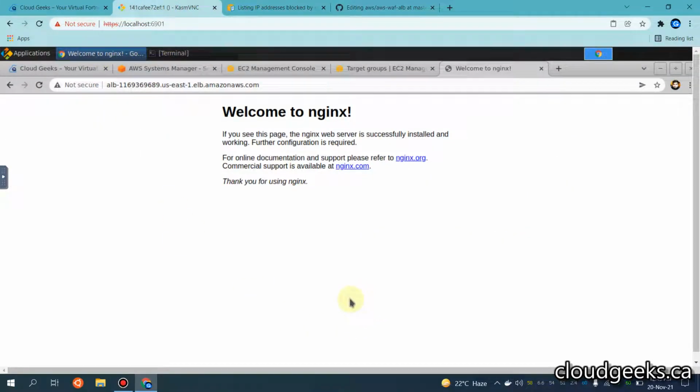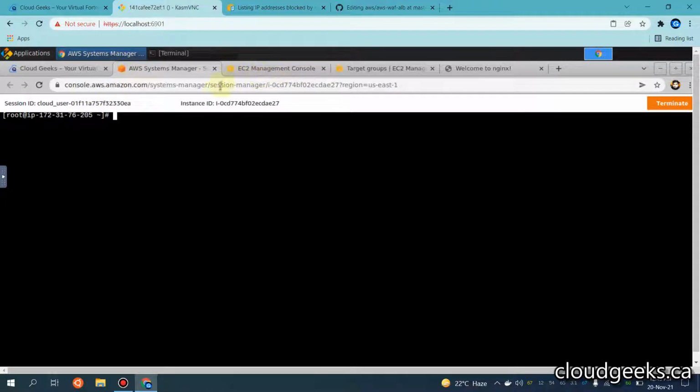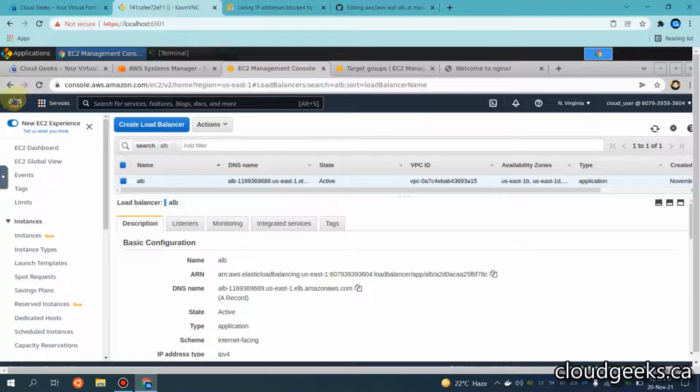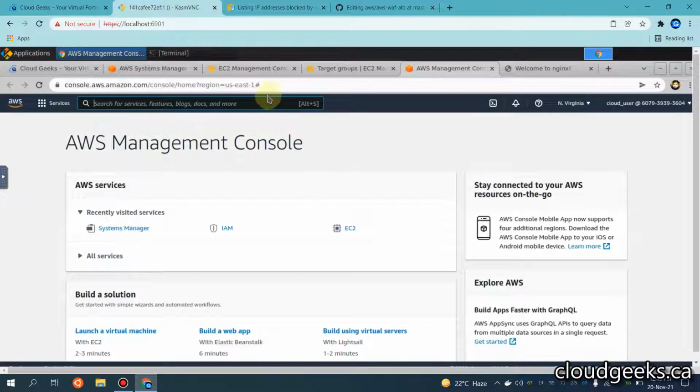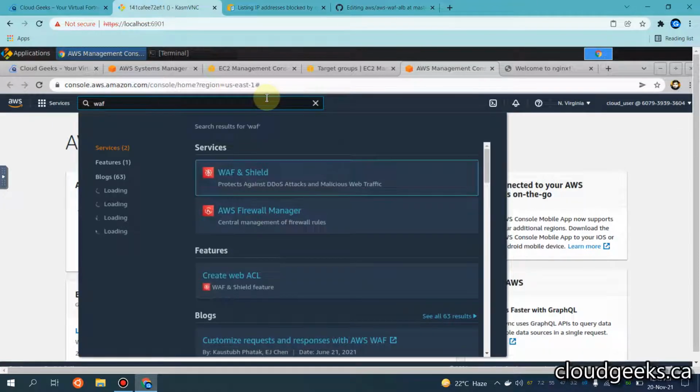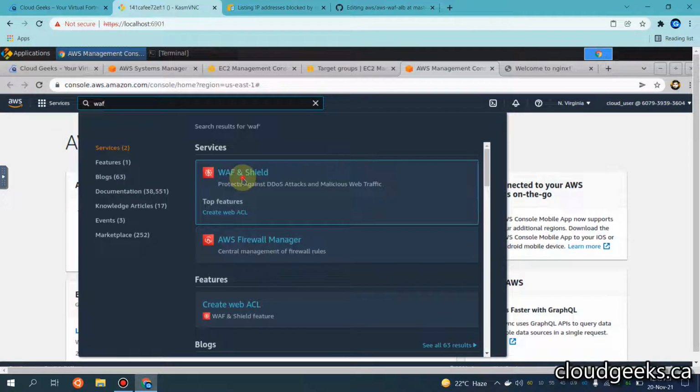So first of all, I'm going to navigate to the AWS section, and from here I will be navigating to the AWS WAF, where I'm going to show you how we can implement the WAF. So from the search option, click on the WAF. You will be navigating to the application layer